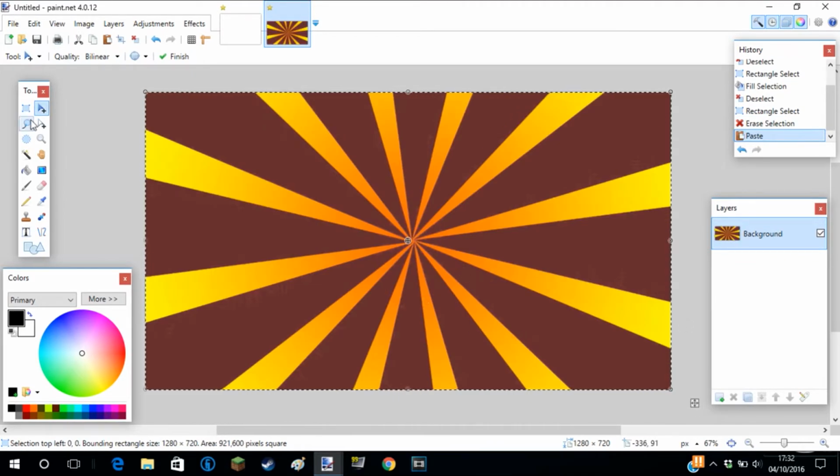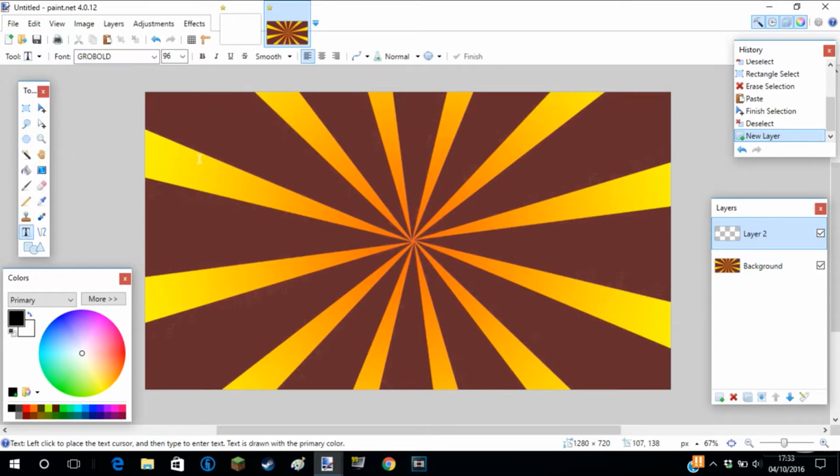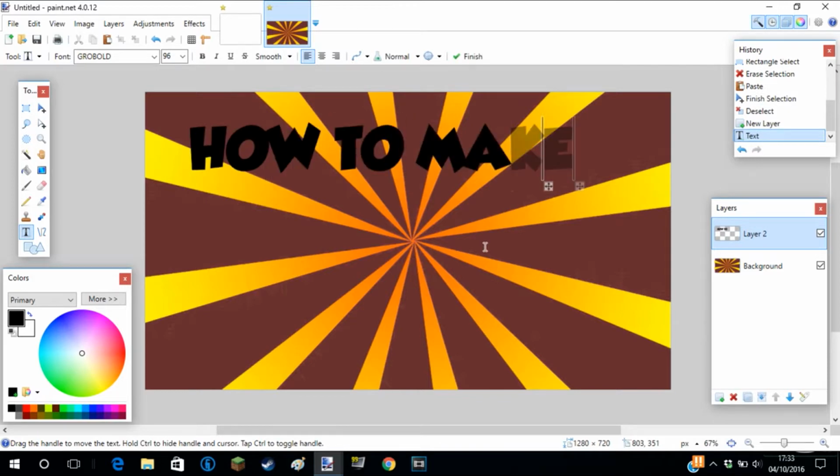And then what I quickly did was paste a spiral image which I got from the internet. Literally just press spiral, and because this is literally like Photoshop, there are things called layers. You can press add new layer, and now you can see we're on the second layer. And what I'm going to do is put up some text using my amazing font called Grow Bold, and I'm just going to write how to make, as this is going to be the beginning of my thumbnail on how